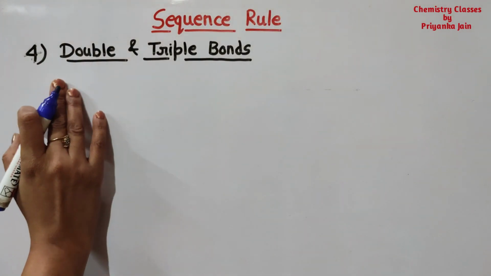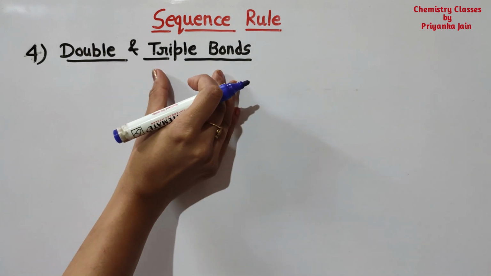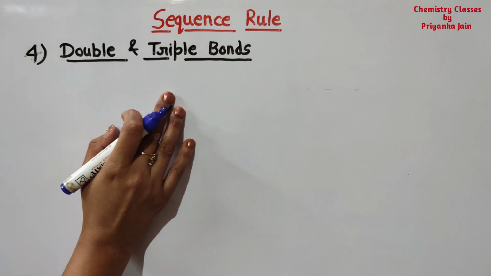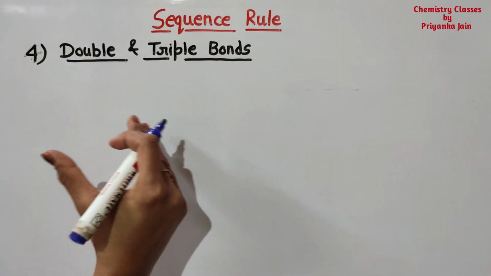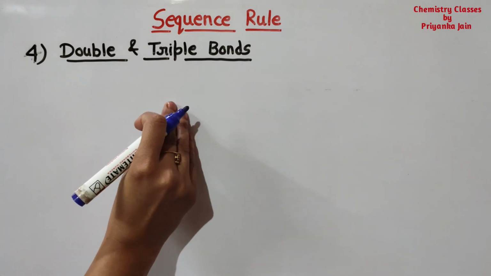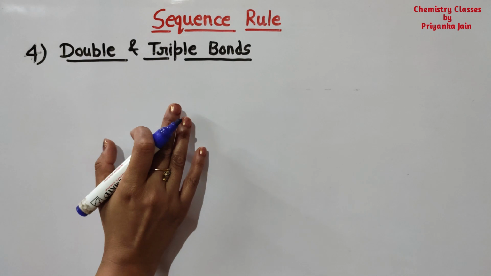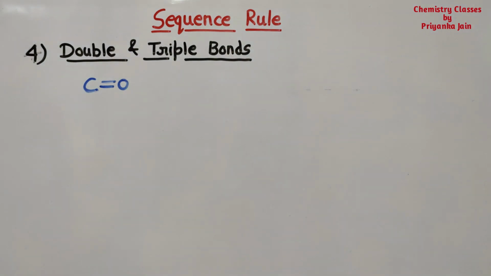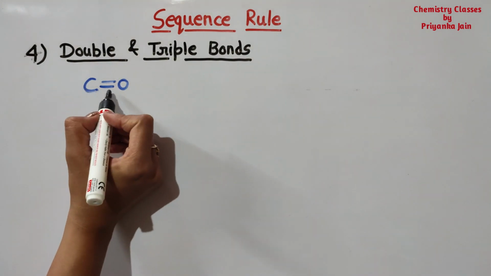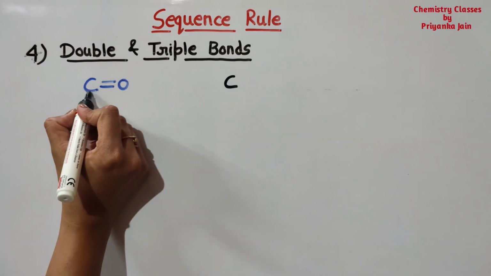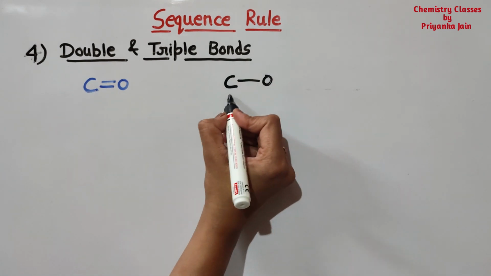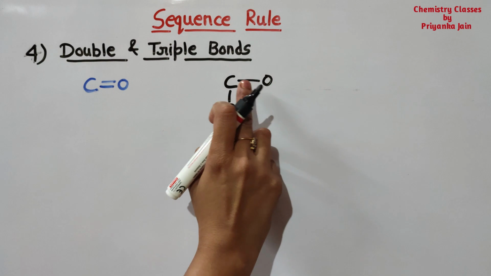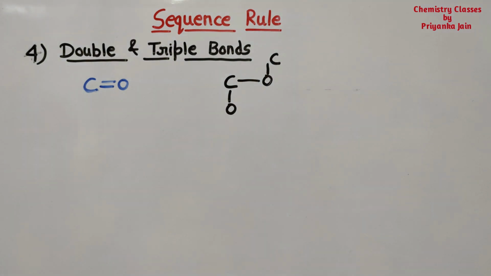Now see the fourth rule. In the case of the double bonded or triple bonded groups, if there is a double bond or triple bond present, then what do we have to do? We have to consider just as 2 or 3 atoms of the same type are attached, okay. See, understand this. Suppose we have given the C double bond O group, okay. So in this case, we can consider that to this carbon 2 oxygens are attached. One is this one and another one is this one. Similarly, to this oxygen we can consider 2 carbon atoms are attached. It means one is this one and another one is this one, in this manner, right?